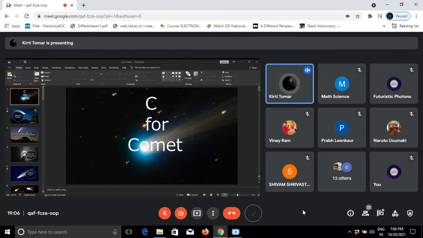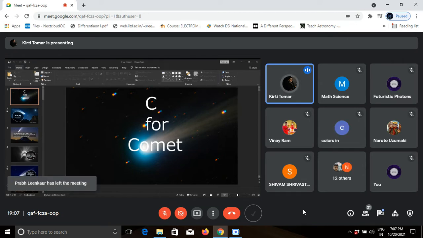So comets can develop two tails as they travel closer to the sun, a straight gas tail and a curved dust tail. So these are the two tails of a comet. We will know about this later in the session. They look like a star with a ghostly white tail. Hope everyone has seen a comet before. We call it a shooting star, right? So let's study the comet anatomy.